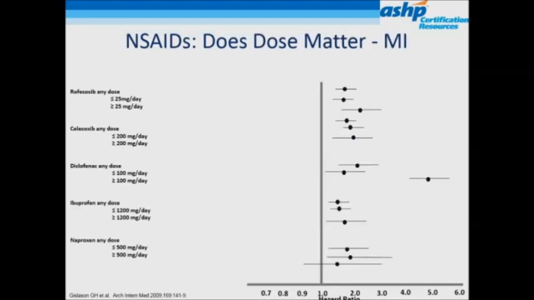With regards to MI, a similar theme with regards to whether or not there's an impact of dose. You can see for the most part that